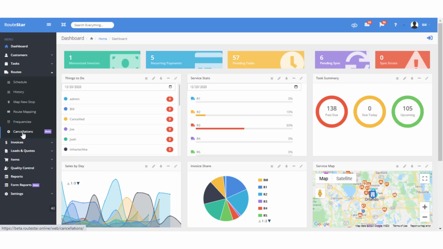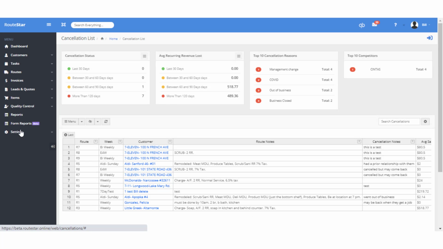You also have cancellations. Cancellations is great because if you pull someone off the route schedule, RouteStar assumes that they've canceled. You can track cancellations by date, by last 30 days, kind of like an aging. You can also see what kind of revenue lost that impact has on your company. You can also track top 10 reasons for cancellations, and if they go with a competitor of yours, you can